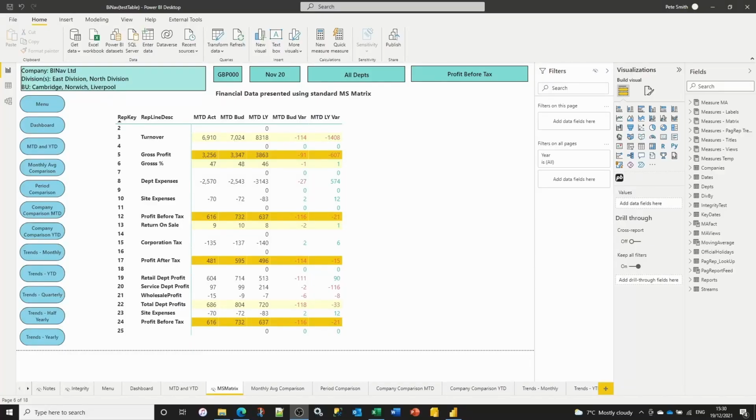Everybody, in this video we're going to talk about the visualization tools that we use in the BI navigation template to present the financials. But first let's have a look at what one might get from a standard Microsoft matrix. We can see that all the numbers are here. It all looks kind of okay, but there's a lot missing that we'd really want to have in our presentation